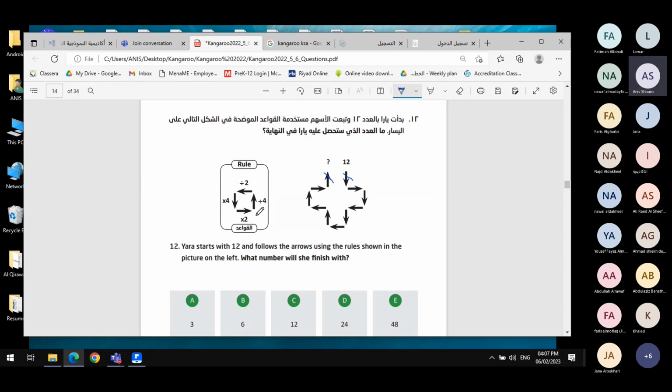Going right, multiplying by 2. Going left, dividing by 2. So they also cancel each other. One right will cancel one left. And here on the left, one right and one left, we can cancel them again. And those right, left, up, down cancel as well. So one down, one up, remaining only divide by 2. So simply 12 divided by 2 is equal to